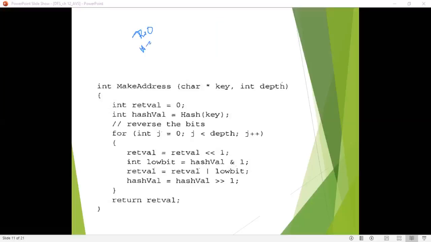H is equal to some value. Say we are going to generate one hash value of 4 bits, and this for loop will do the reversing of the bits. From this example, this is a hash value, right?